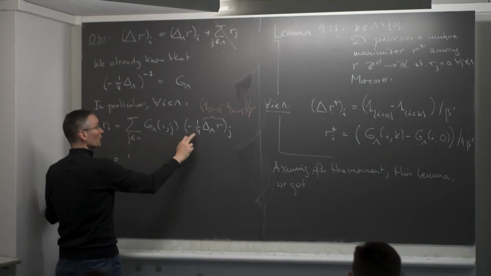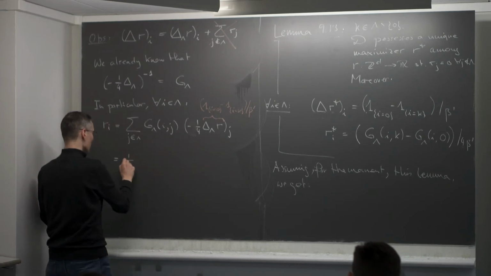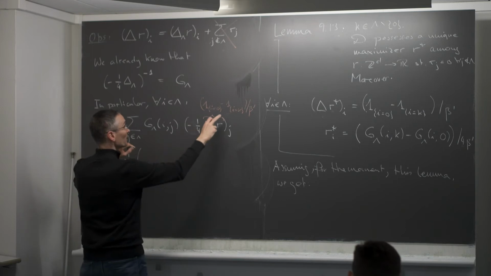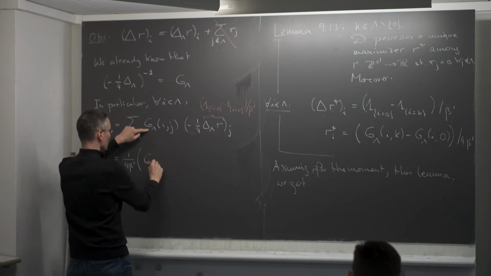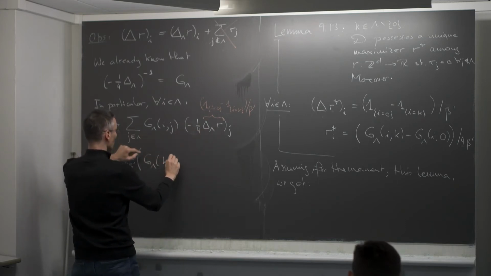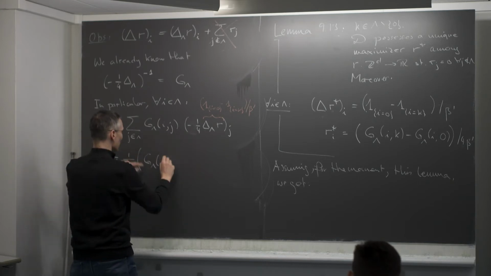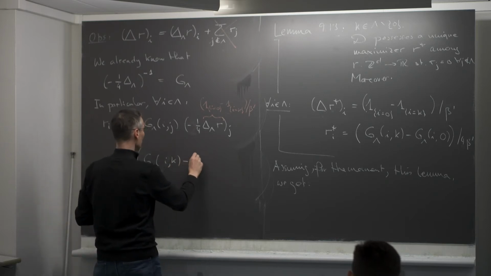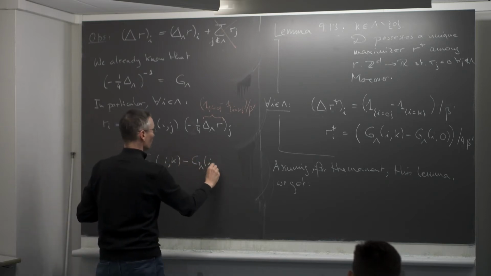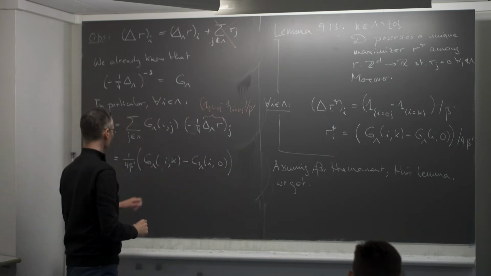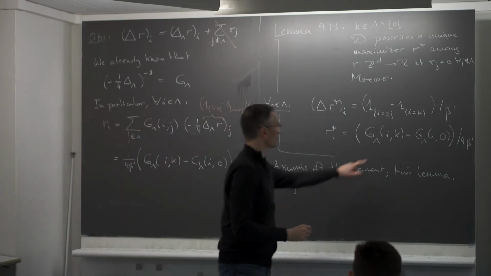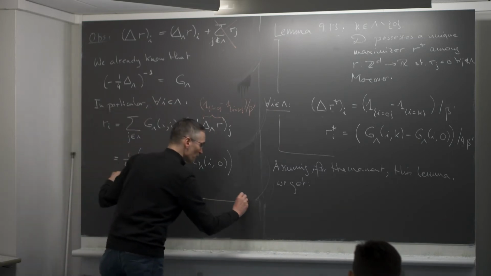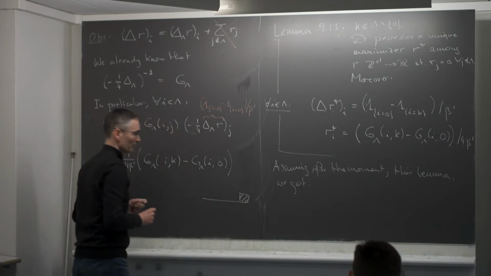So I get 1 over 4 beta prime. This I can put in front, and then when I take I equal to k, I get g lambda, no, sorry, I is fixed, I'm summing over j, so g lambda ik minus g lambda I0. And this should match what is written here. So indeed we have solved the solution. We have proven this lemma completely.